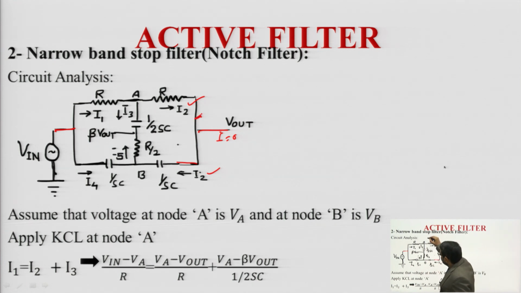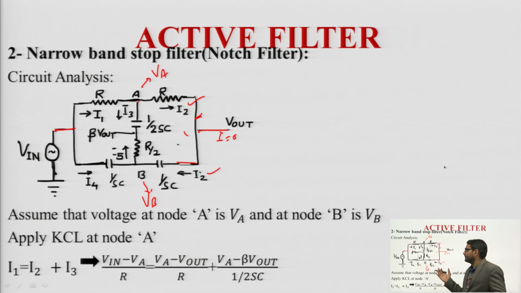Node A has the node voltage, we consider the node voltage V A at this point, and node B has the node voltage V B. Okay. So, we apply the KCL at the node A. For a derivation with the op-amp, first we consider the node voltage, secondly we define the branch currents, and finally we calculate all the node voltages, and the node voltages will be replaced with the known node voltages. Here the known node voltages are V in and V out.